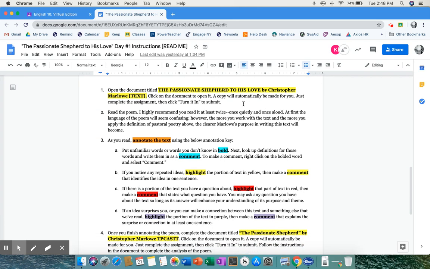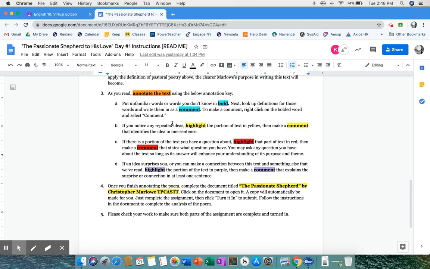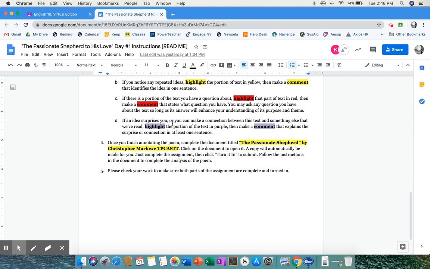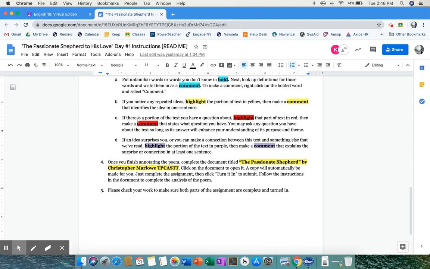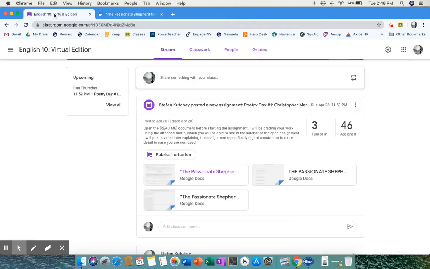So with that in mind, you guys are going to do two things. First, you're going to read and annotate the poem. I'm going to show you what I mean by annotate. And then after that, you are going to complete a typecast. The typecast, again, has its own document. I'm going to go over that as well. All right, so once you have that read, you're going to go over here. You're going to open up your copy of the poem.